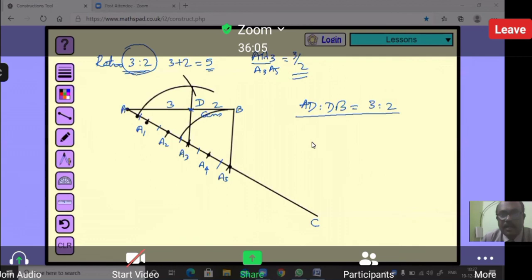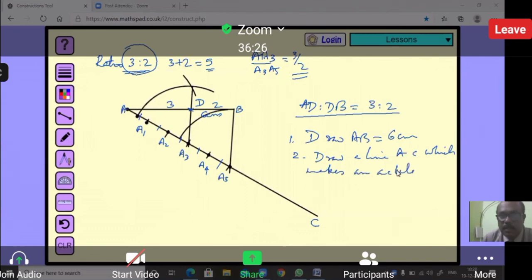What you have done here: number 1, draw AB is equal to 6 centimeter, and number 2, draw a line AC which makes an acute angle with AB. And then number 3, divide AC into equal parts such that